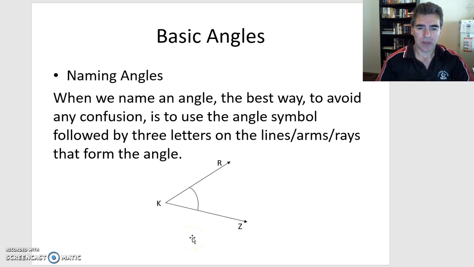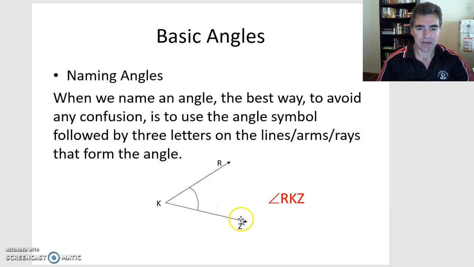So what we're going to do now is learn how we actually name that angle. So yes, it is an acute angle, but I'm not after the type of angle. I actually want to name it. So if I have more lines in there, I know which particular angle I'm looking at. So I put the angle symbol, which looks like that. That's our angle symbol. Then I want 3 letters,